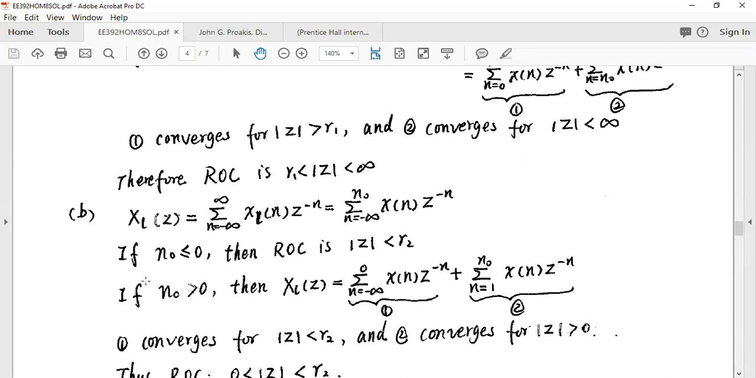Next is the left-hand side sequence. In a left-hand side sequence, the majority of the parts will fall on the left-hand side of the plane, on this side of the plane. So again, if n naught is starting from 0 and it continues on this side and doesn't stop, it is an infinite series. In that particular case, the region of convergence for this particular side is given by,